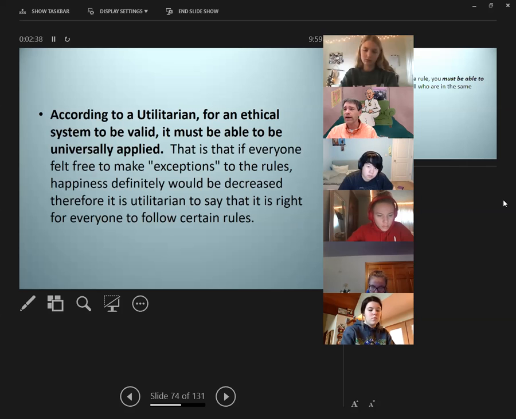And so this is fairly obvious, I think, at this point, but I'm going to restate it here. In order for utilitarianism to be valid, and really any of the serious ethical systems to be valid, and by serious I mean minus relativism and egoism, I'm talking about the really serious, logical, strong, robust ethical systems, it has to be basically universally applied, meaning it doesn't just apply to you and not to me, but it applies to all of us, and it applies to all of us in the same sort of manner, morally speaking.